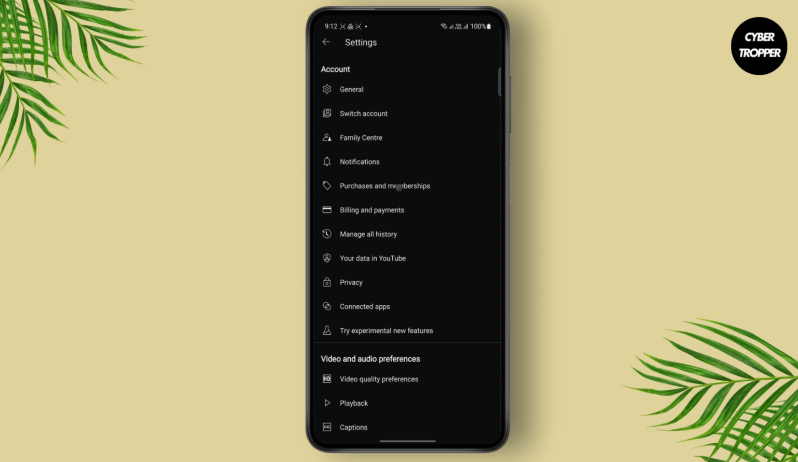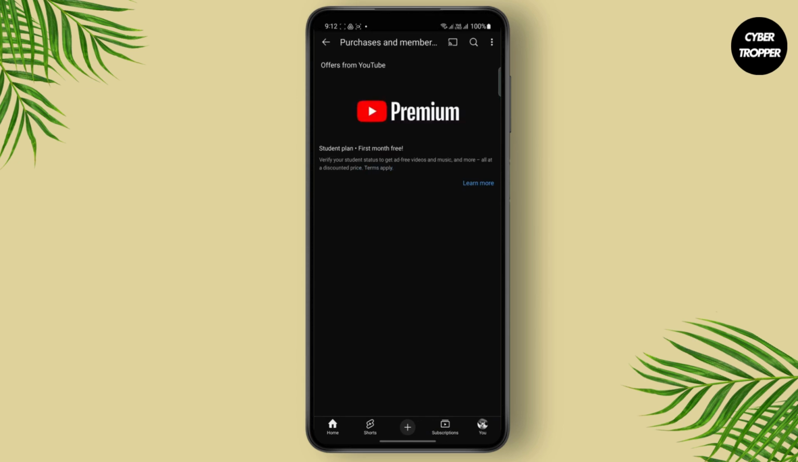Now, if you tap on purchases and memberships, you will see all of the available plans right here. So for YouTube Premium, here is a student plan and the first month is free. So in my region, there is no 3 months trial. So as I've said earlier, it is completely dependent on your region, whether your region has the 3 month trial